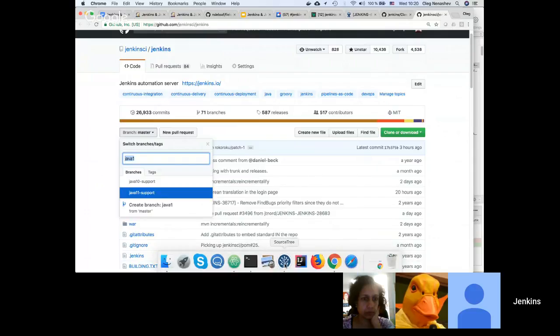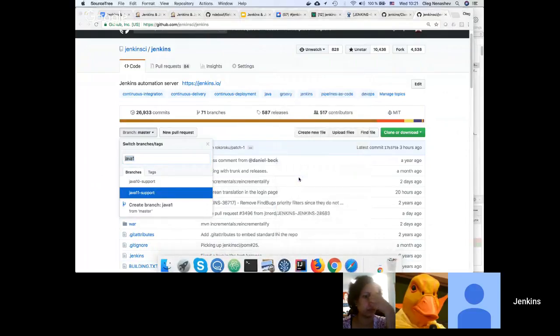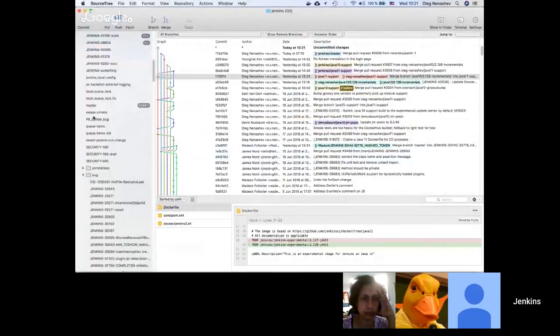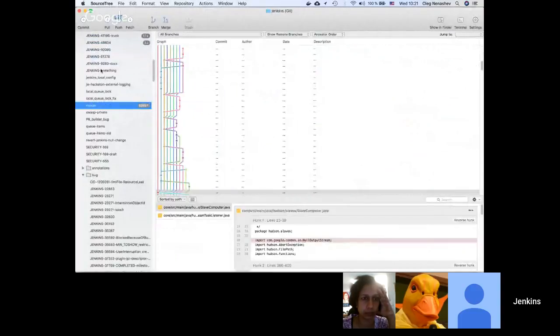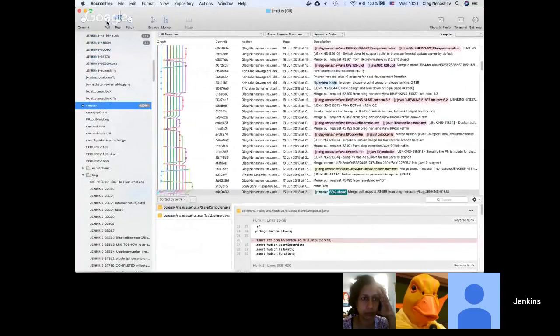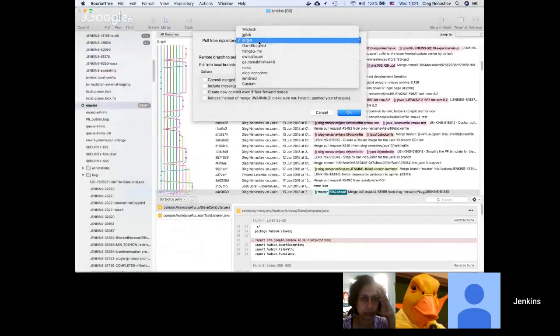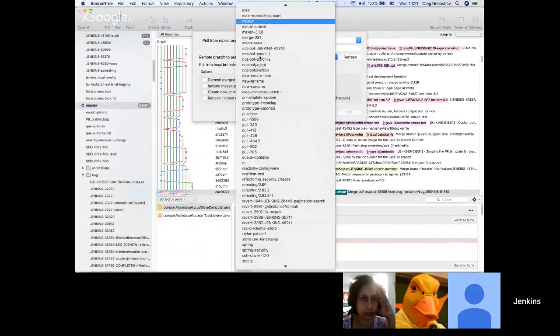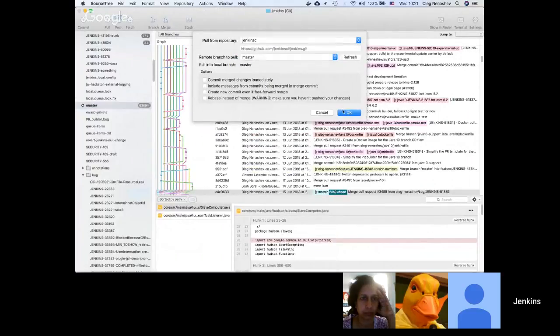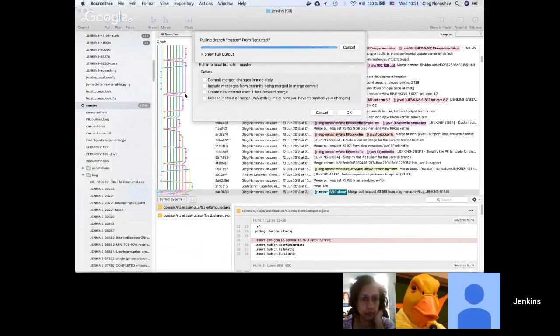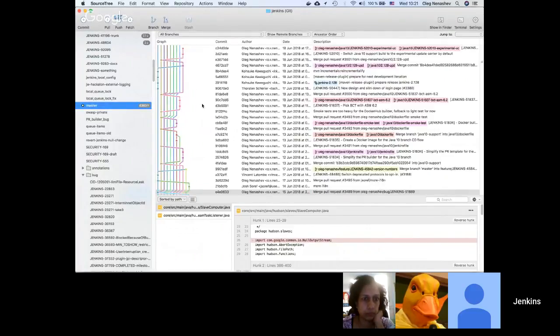For this patch, I hope that we can create a generic fix. So I take a master branch. I pull the current status of the master branch. I use SourceTree for UI. If you want, you can use Git CLI or any other tooling.